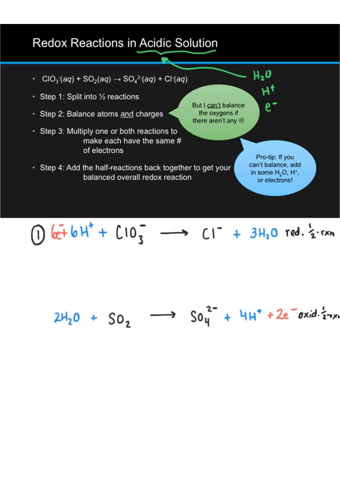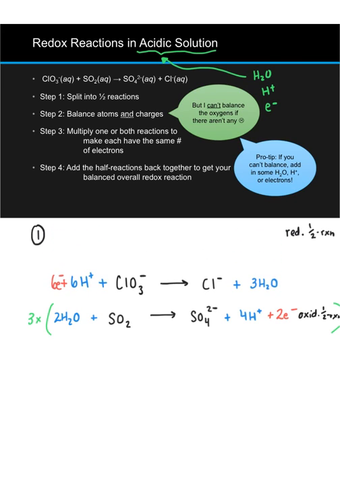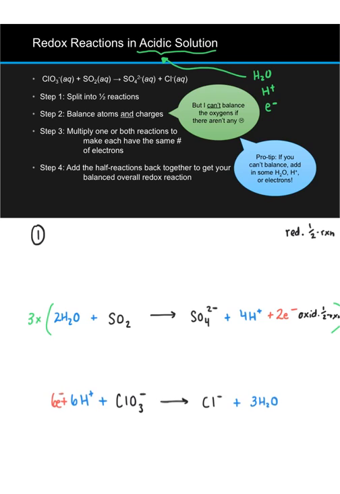In the top reaction, we have 6 electrons consumed, but in the bottom reaction, we have 2 electrons produced. We're going to need to multiply our oxidation half reaction by 3 in order to compensate for the 6 electrons consumed in the reduction half reaction above. So let me bring that half reaction down. When we multiply this bottom reaction through by 3, what we end up with